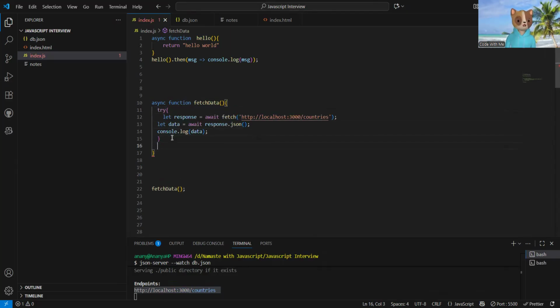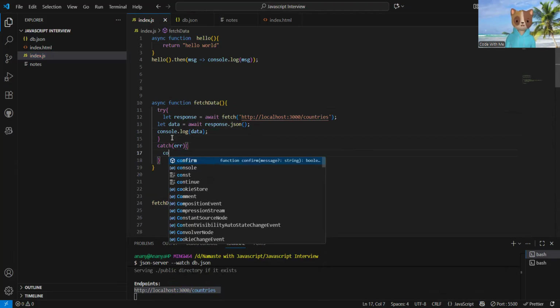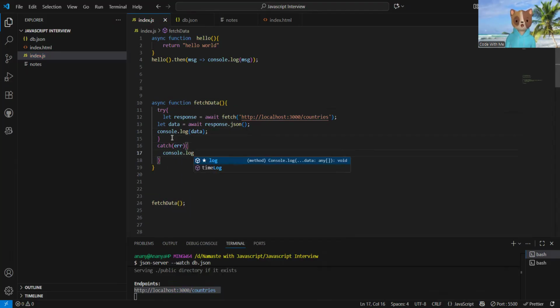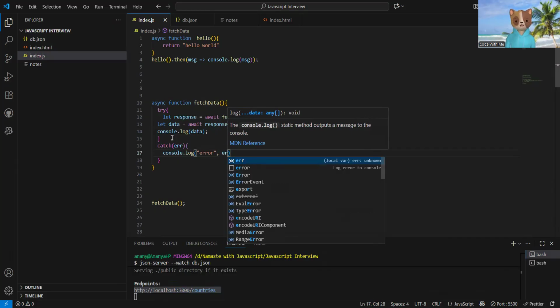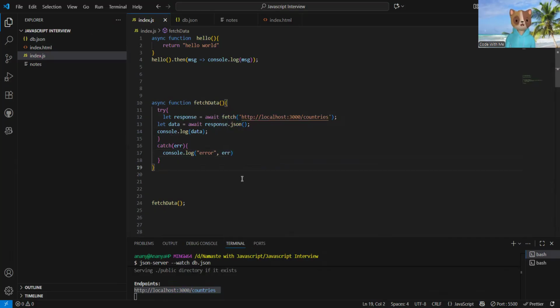If you get an error, then catch error, console.log error. Now again, I will make some mistake. Countries one. Okay, now let's see what will happen.